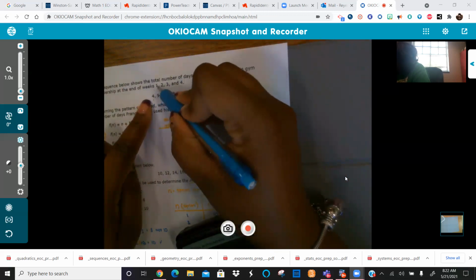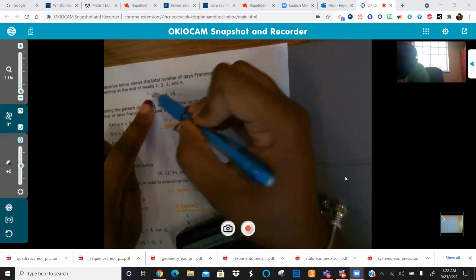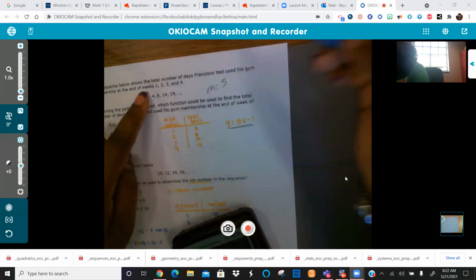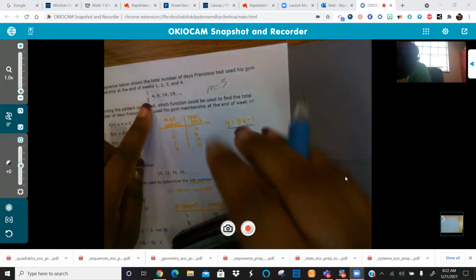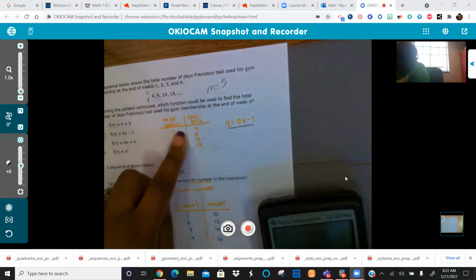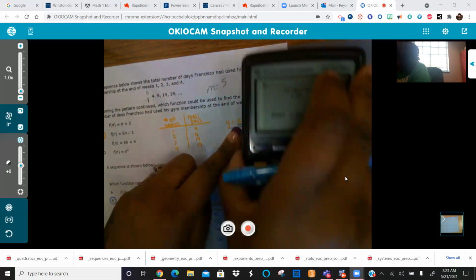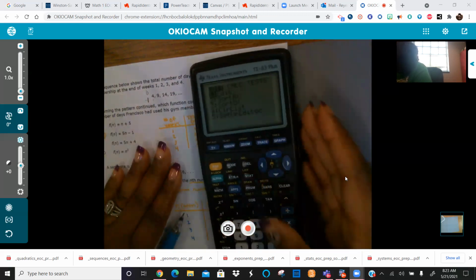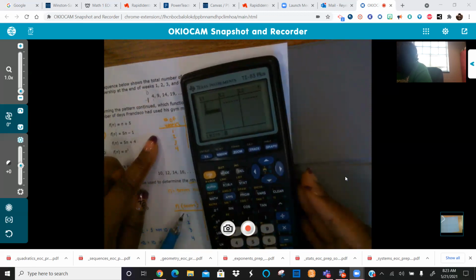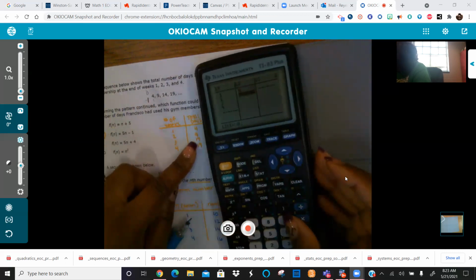Now, this is your first number, but what's your 0 number? Work backwards. If you go backwards, instead of adding 5, you subtract 5, and that will give you a -1 for your starting number. If you want to do it like that, that's fine. But if you don't know how to figure out what your starting number or your slope is, type it into the calculator. You go to Stat, Edit. We have 1, 2, 3, 4, and then we have 4, 9,